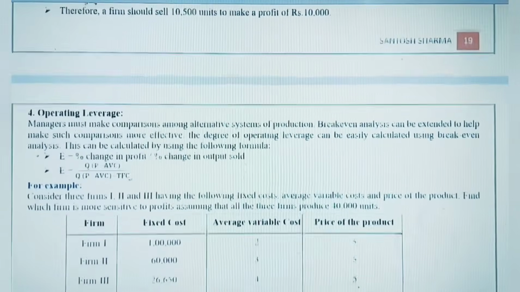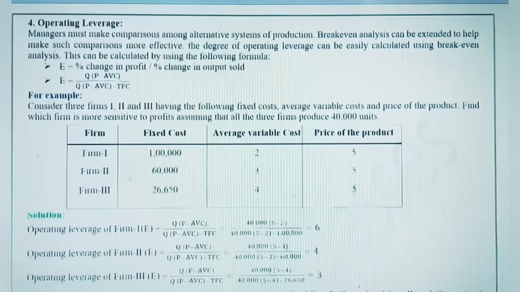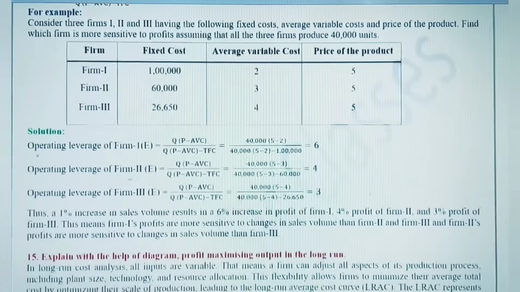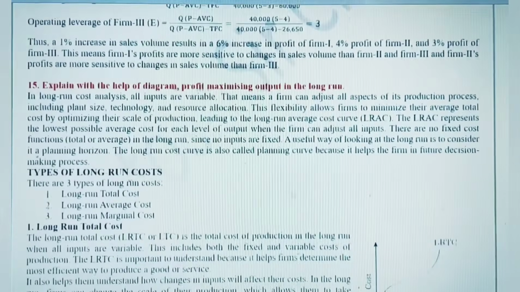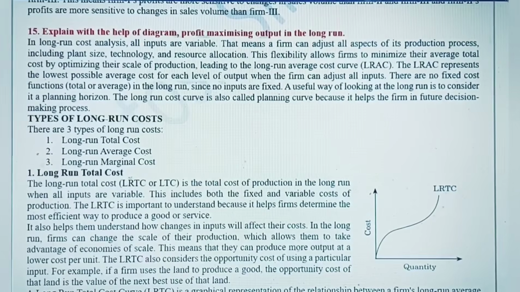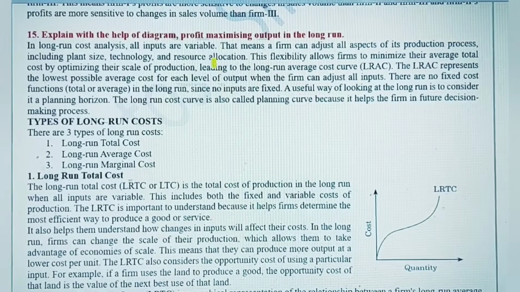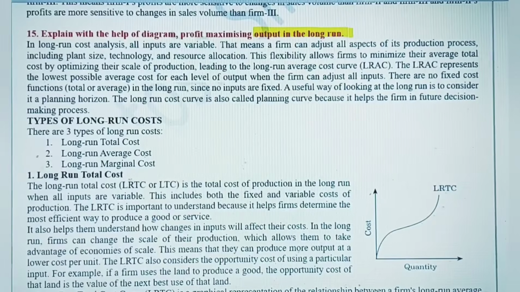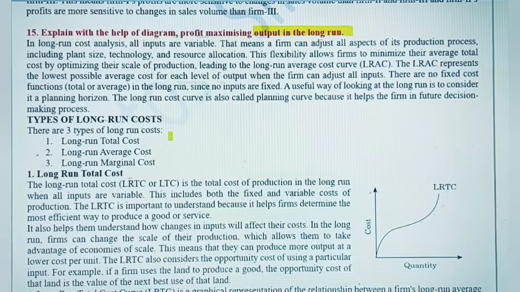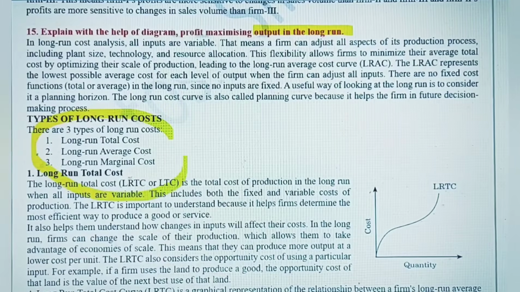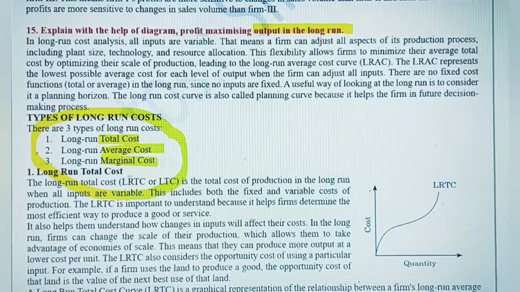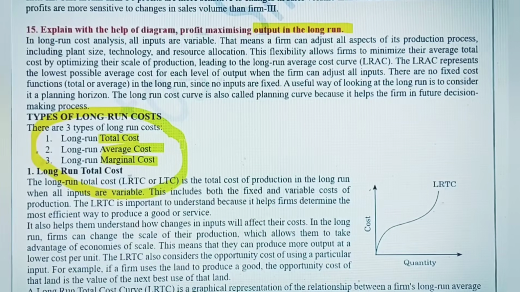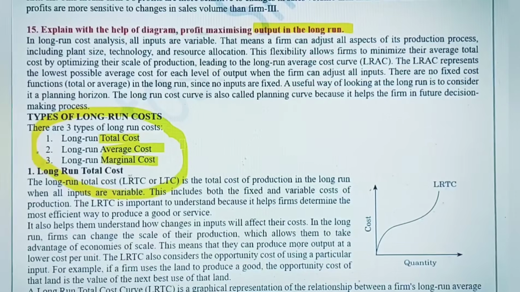तो माय डियर फ्रेंड्स, आगे चलते हैं नेक्स्ट क्वेश्चन की तरफ। And let's see question number 15. Explain with the help of diagram profit maximizing output in the long run. So just now we concluded with short run. This is in the long run. And types of long run cost. 3 types are there. So same like total cost, average cost, marginal cost. तो ये तीनों ही इकोनॉमिक्स के मेन 3 कॉन्सेप्ट हैं, टोटल, एवरेज, मार्जिनल।